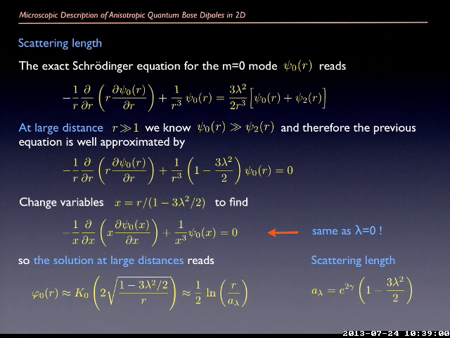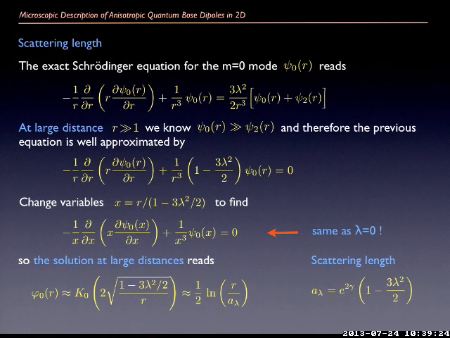So you need to know the scattering length, and the scattering length changes with the polarization angle because the interaction itself changes. So we needed to decide what the scattering length of the interaction is as a function of the polarizing angle. And for that, what we did is go back to the original equation for the zero mode,